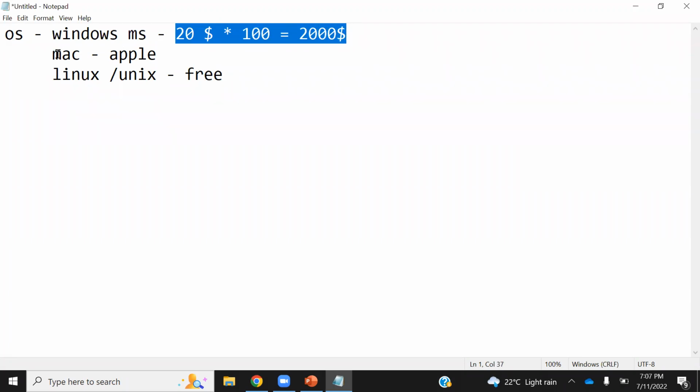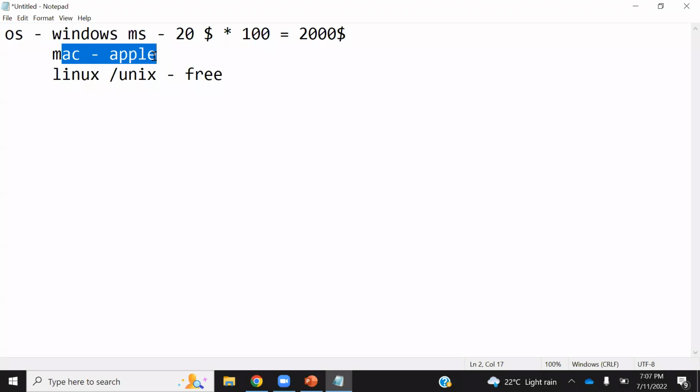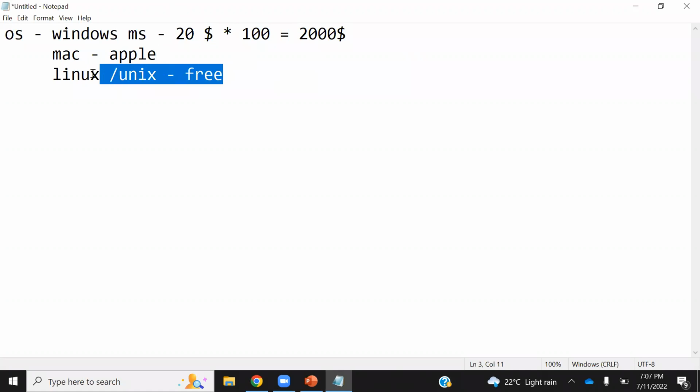Obviously, if I need Mac, I have to buy Apple hardware, which is again costly. So my motive here is that I should go with a cheap version. So one thing which gives Linux weightage here is that Linux or Unix is cheap. Most of them are free also.